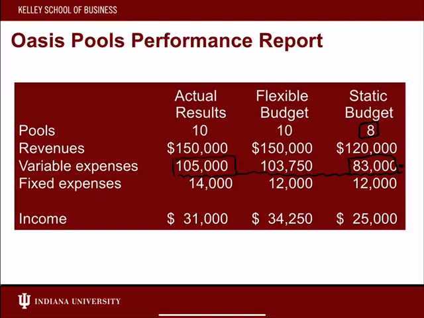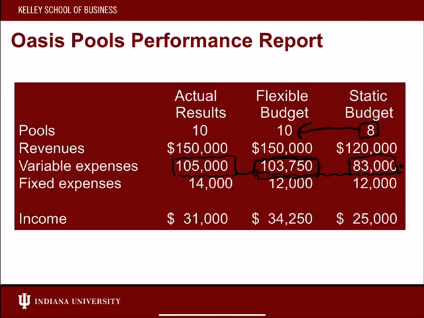But knowing we sold more pools, we should have expected a higher amount of expense. So we didn't get a lot of information from that unfavorable variance. So in order to help us, we flex this static budget and create the flexible budget. And now that tells us that what we should have expected based on our budget was this number here of